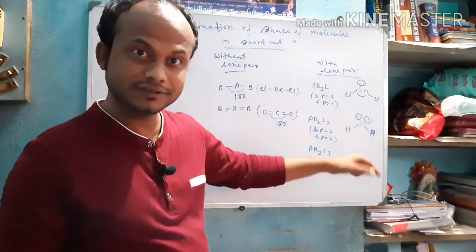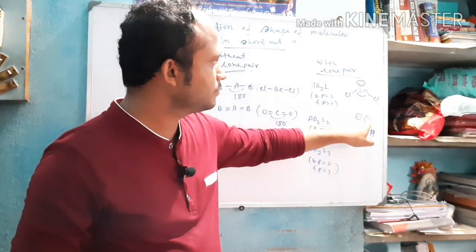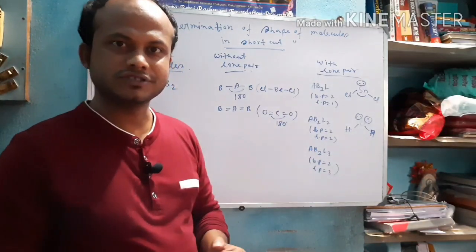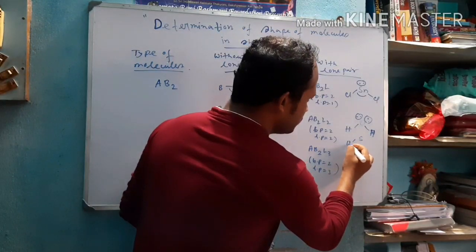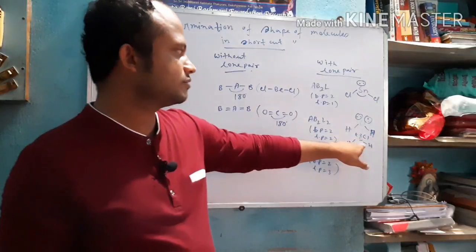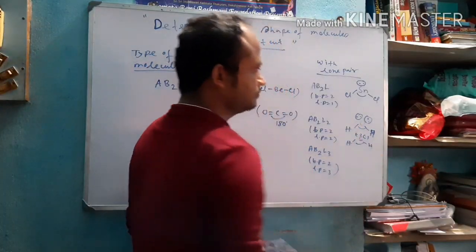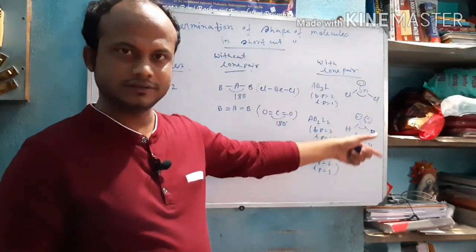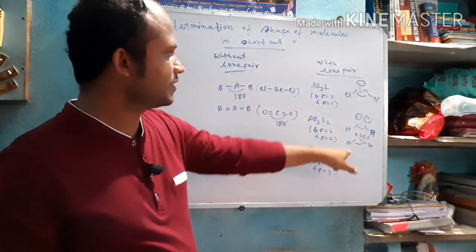The valence electron you can match: 1, 2, 3, 4, 5, 6. 6 valence electrons. Already we know that the oxygen element has 6 valence electrons. Also the example will be H2S. Here these 2 lone pair and also 2 bond pair. But the bond angle varies due to VSEPR theory. I will discuss this in the next video. So this is AB2L2 type.